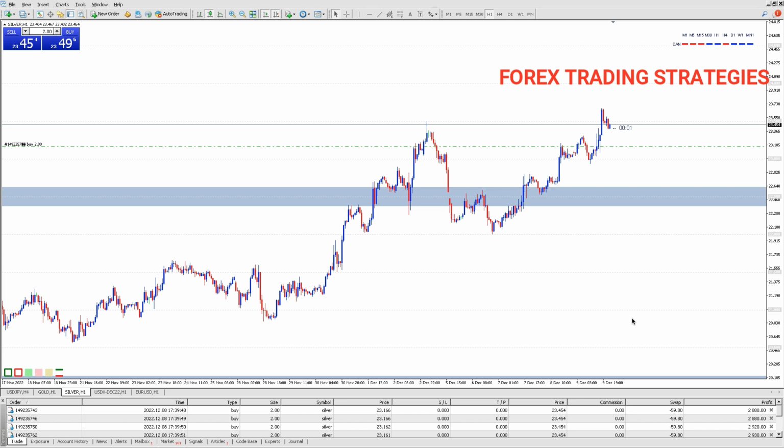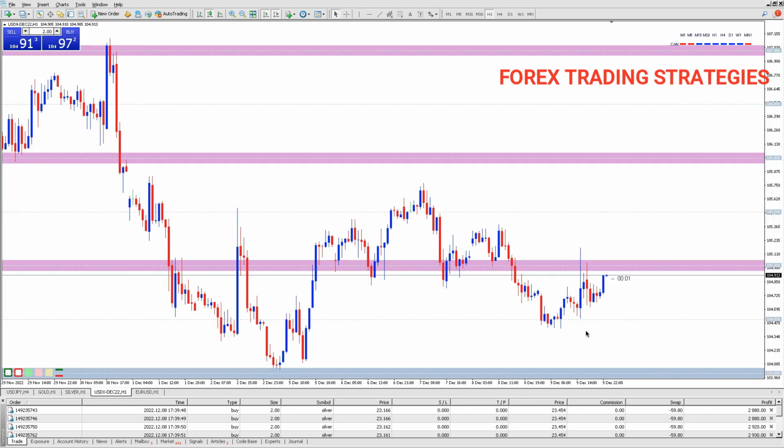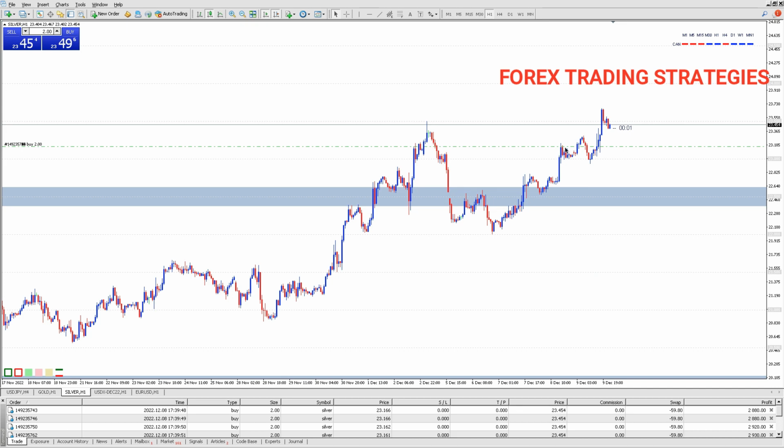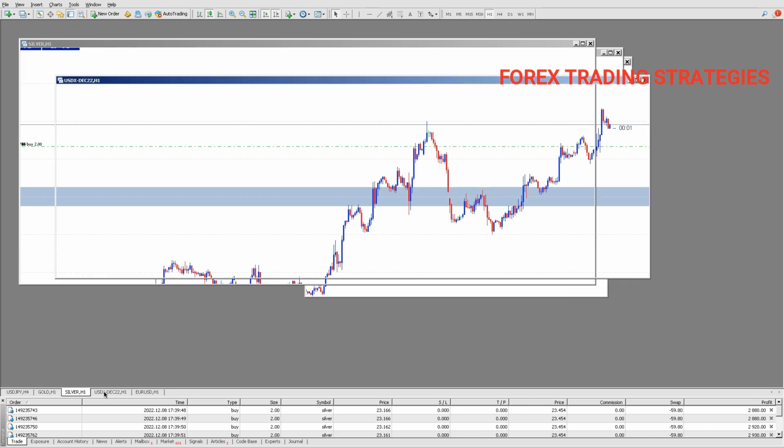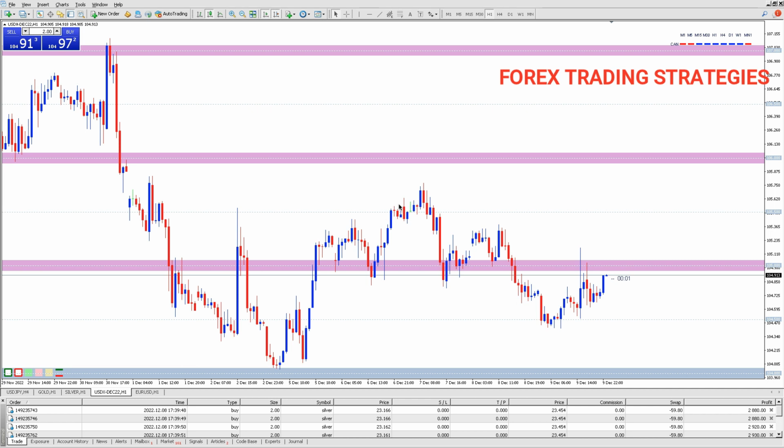So what happened was I placed my trades. Obviously, silver I bought because I saw what was happening on the dollar index. Now the dollar index has retraced back into this resistance, so that's why if you go on silver you saw it popping down a bit like that. And so getting back to, I tend to digress.